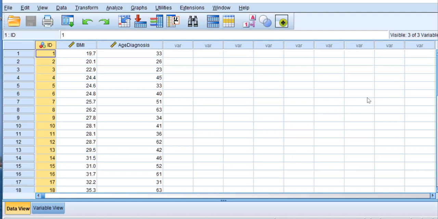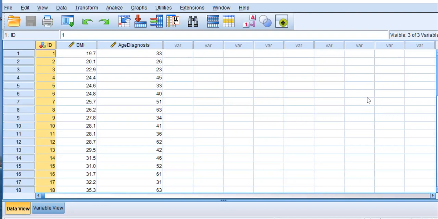These two variables are BMI and the patient's age at the initial diagnosis of UC. As you know, BMI is a measure of body fat based on height and weight. And the null hypothesis is that there is no correlation between age at diagnosis and BMI among veterans with